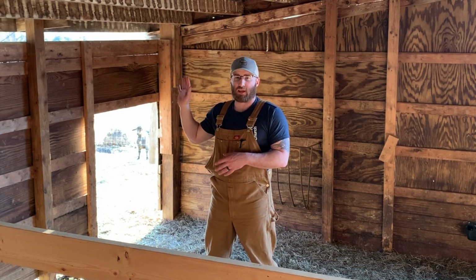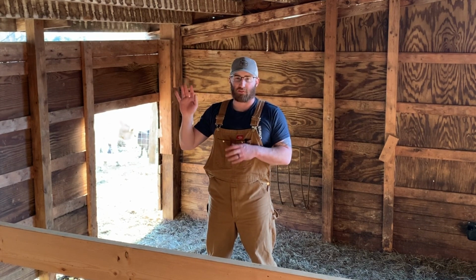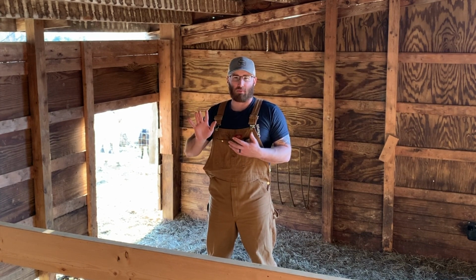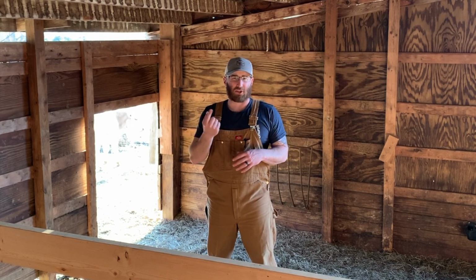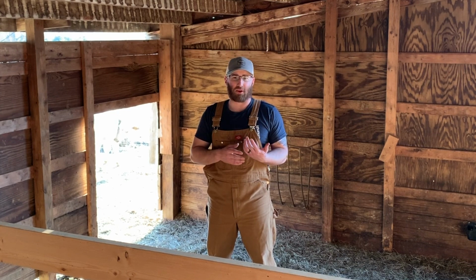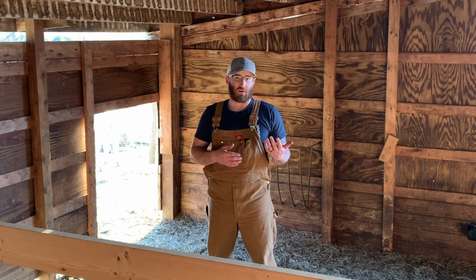I need to reconfigure that gate on that side, which I knew was going to be a bit of an issue, but I think we can fix it fairly easily. But everything's going to get changed around a little bit as we get going. We're still going to work on the barn. That's probably the project for next weekend too, finishing up the barn, getting stuff organized in here, because we do have baby goats coming in a few months,